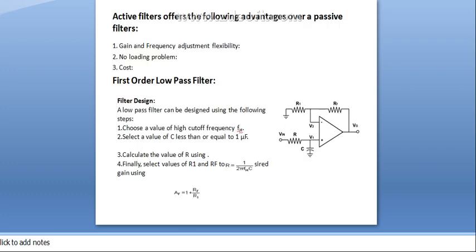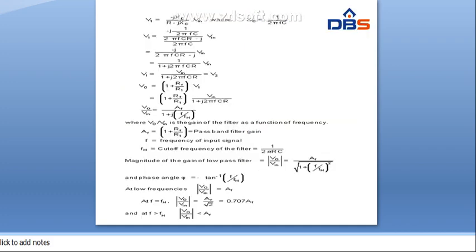So that is equal to V2. So here V1 equal to V2. And we know the gain is 1 plus RF by R1. So V0 by V1 is 1 plus RF by R1. So from this V0 equal to 1 plus RF by R1 into V1. So substitute V1 in this equation. Here V1 is V in by 1 plus J 2 pi FC into R. So then output voltage V0 is 1 plus RF by R1 into V in by 1 plus J 2 pi FCR. So from this the gain V0 by V in is AF by 1 plus JF by FH.